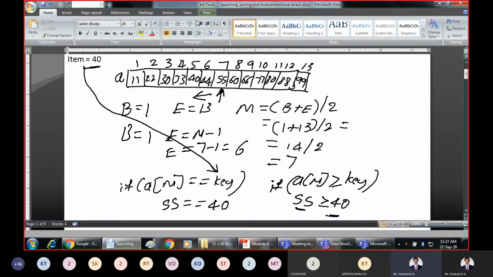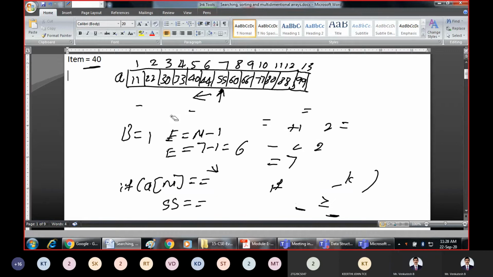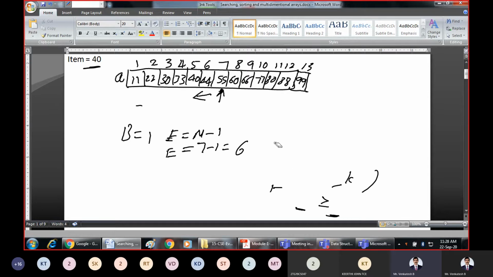And now we have to start with these new index values. I'll just erase this earlier part so that we can go for the next iteration of the binary search algorithm.